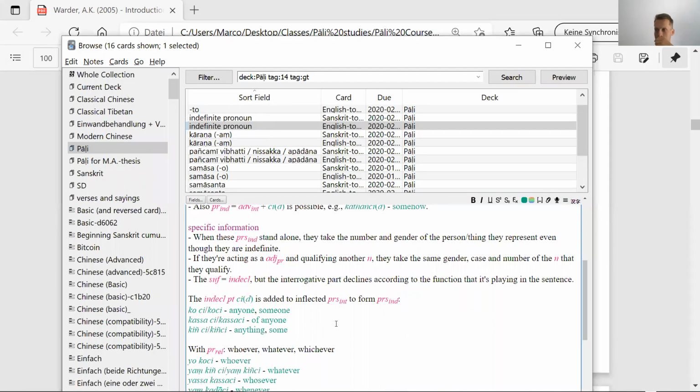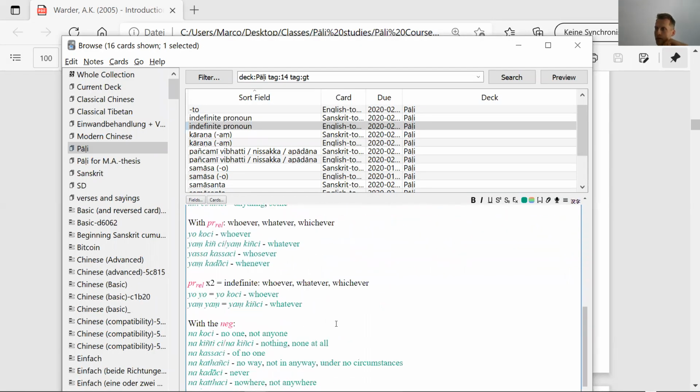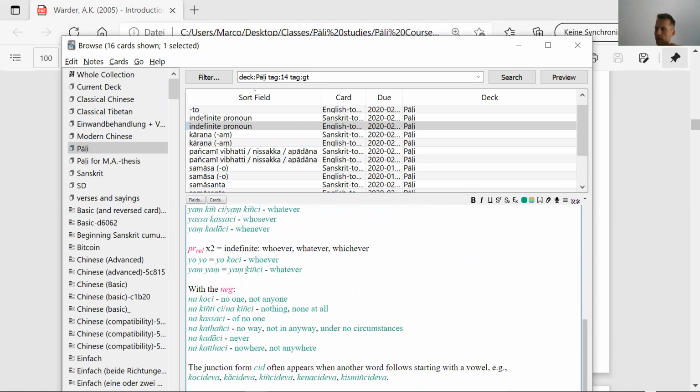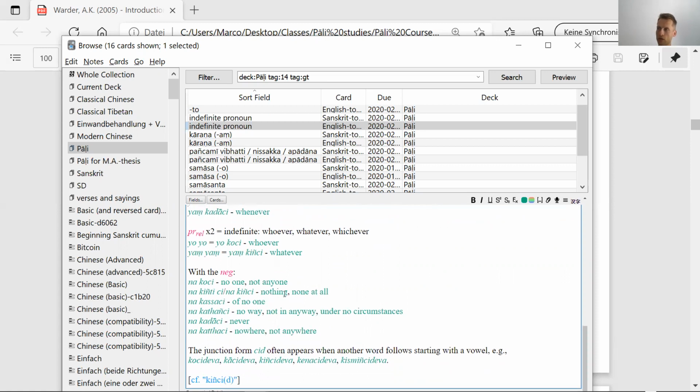Now, apologies for this. If we have two relative pronouns, they also have an indefinite sense. Yo would then be yokochi, whoever. Yang would then be equivalent to yang kinchi, whatever. And with a negation in front, nakkochi, no one, not anyone. Nakinchi, typo,